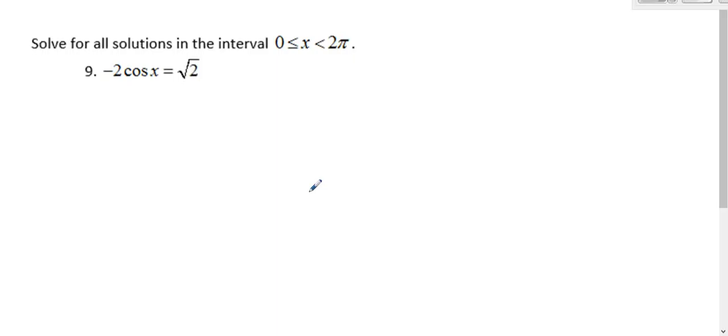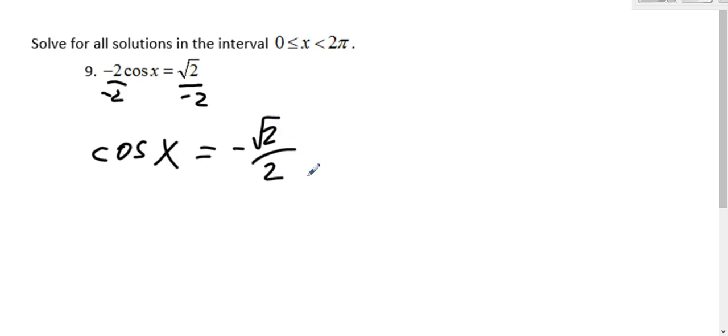So to solve an equation and get all the solutions in the interval from 0 to 2 pi, first isolate the trig function. So we've got to get rid of the -2 here. So we are looking for when cosine is negative square root of 2 over 2. Well, from the unit circle, square root of 2 over 2 would happen at all the pi over 4s. Since we're looking at negative, we're looking at the pi over 4s in quadrants 2 and 3, which means x